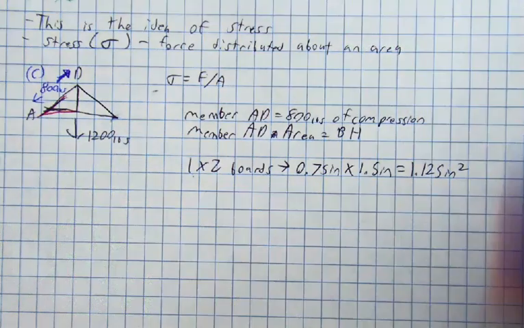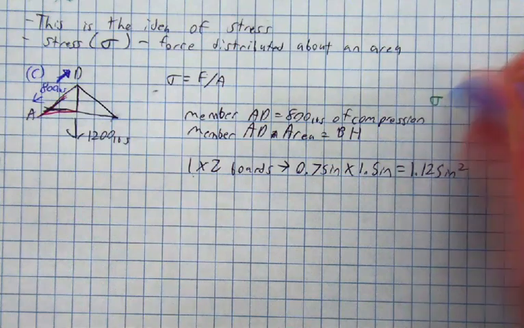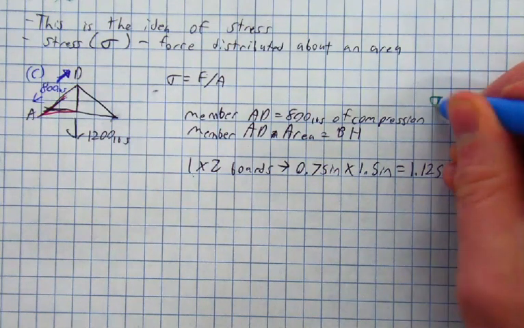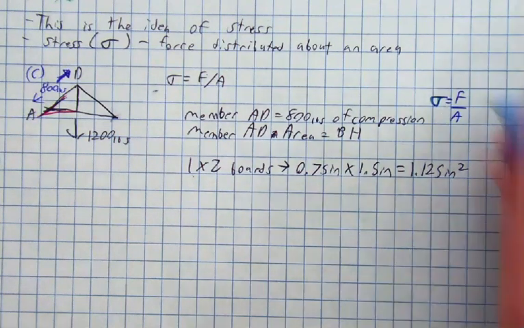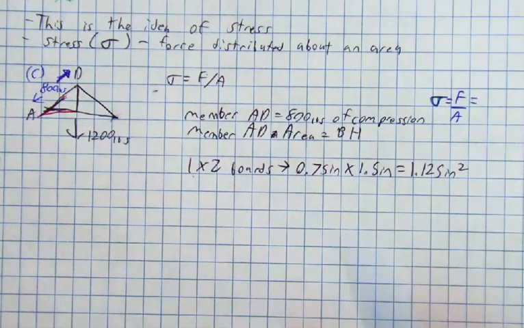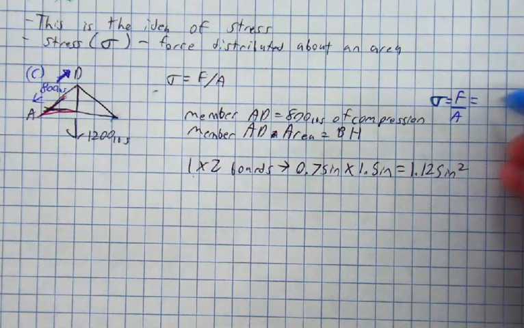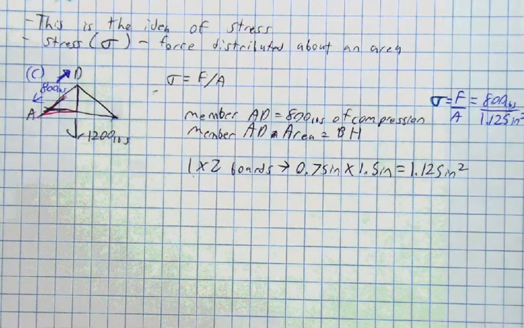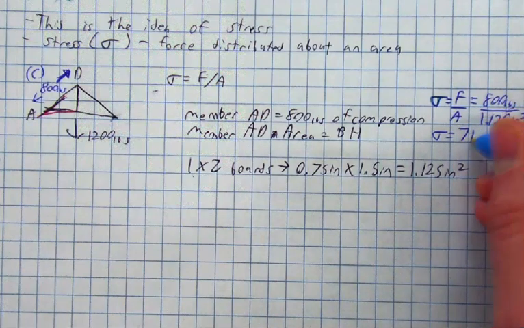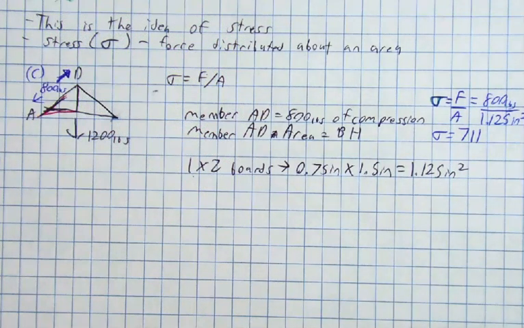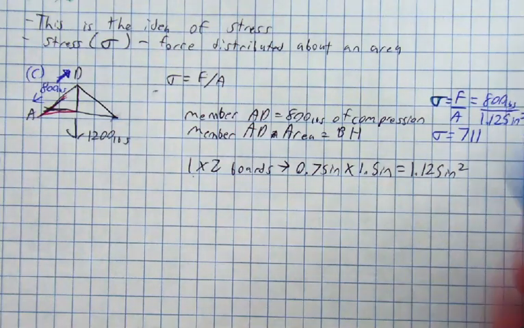So if we wanted to solve for stress now, what we would do is we'd say stress equals force over area. And we know both those numbers, right? We know force is 800 pounds. And we know area is 1.125 inches squared. And again, I'll save you the math. We'll round to the nearest hundred. We'll say stress equals 711. You can bet that I picked those numbers for a reason. 711